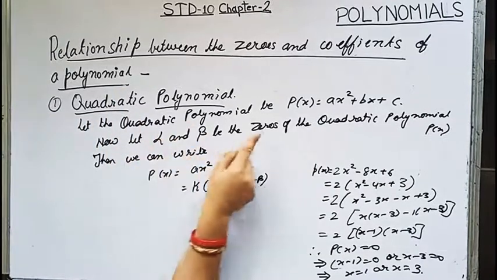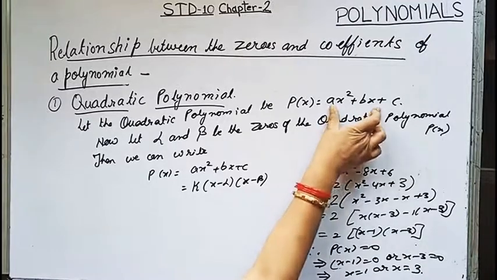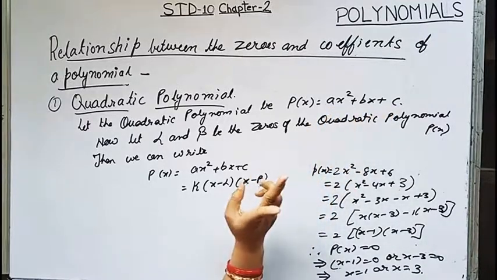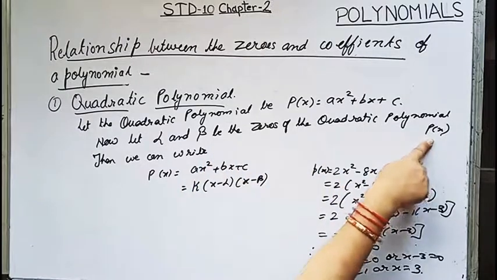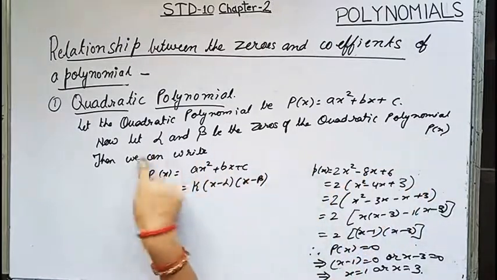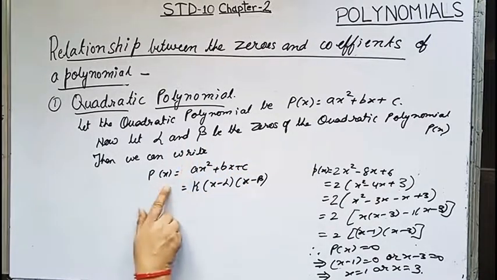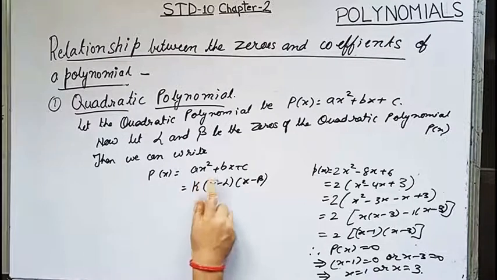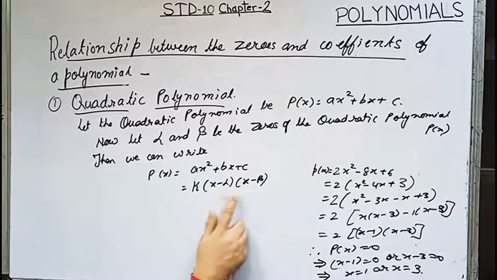Let the given quadratic polynomial be ax square plus bx plus c. Now since it is a quadratic polynomial, it will have two zeros. Let alpha and beta be the zeros of the quadratic polynomial p(x). Now, if alpha and beta are the zeros, then we can write the given polynomial p(x) equals ax square plus bx plus c in the form of k into (x minus alpha) into (x minus beta), where